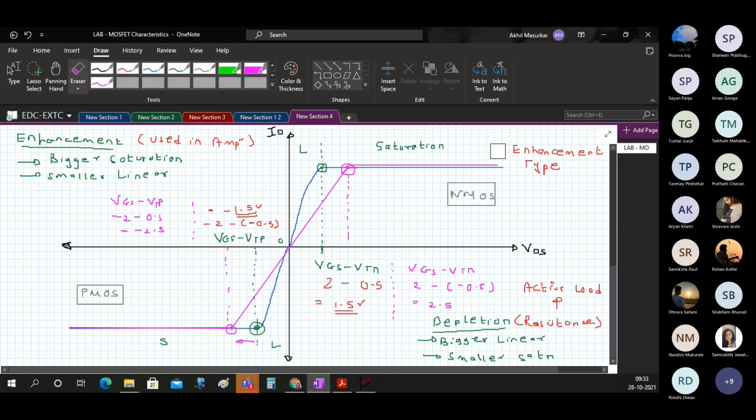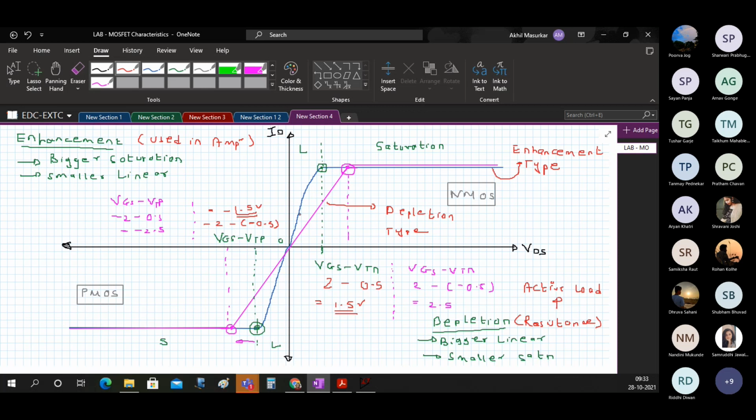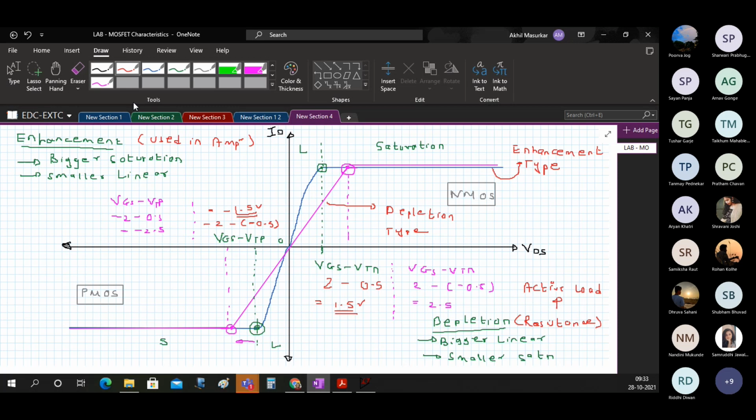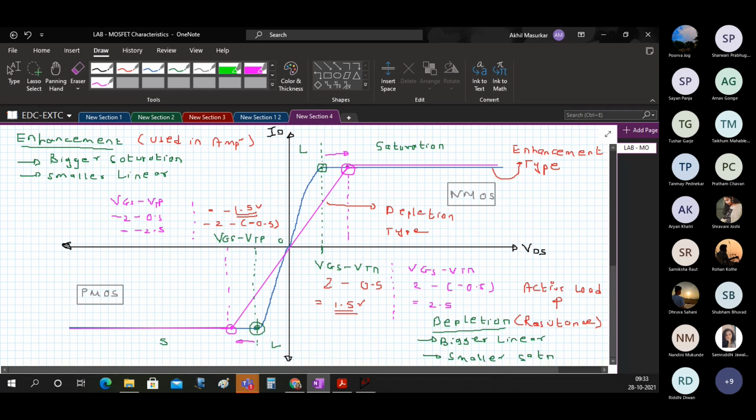Make this arrow this way. This blue line is enhancement type and the pink line is this. This point moves on this side.